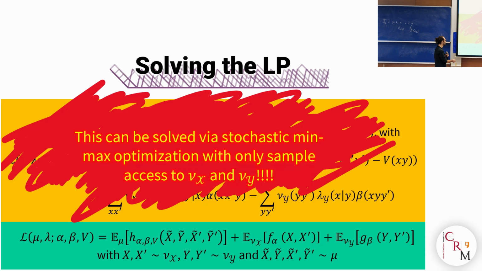Because my objective function here, in terms of the dual variables alpha, beta, and v, is written as expectations, which means that I can get unbiased samples of the gradients just by sampling from these expectations. And this is the very neat thing about this formulation that allows us to use SGD, a standard algorithm, for solving the linear problem.